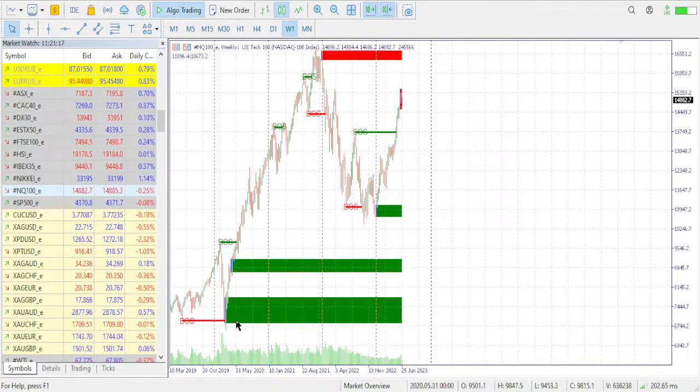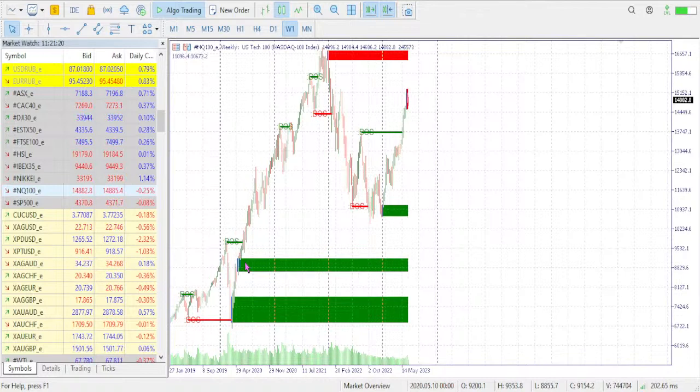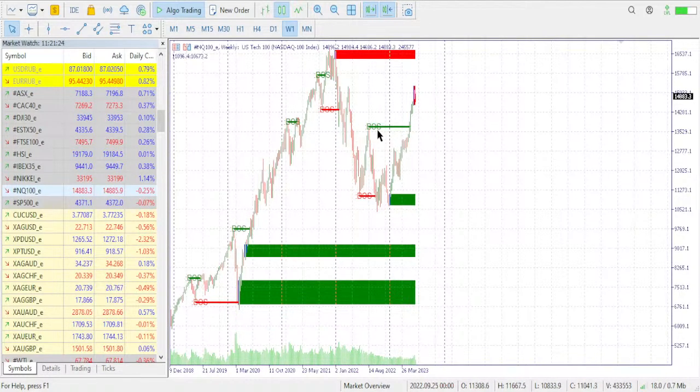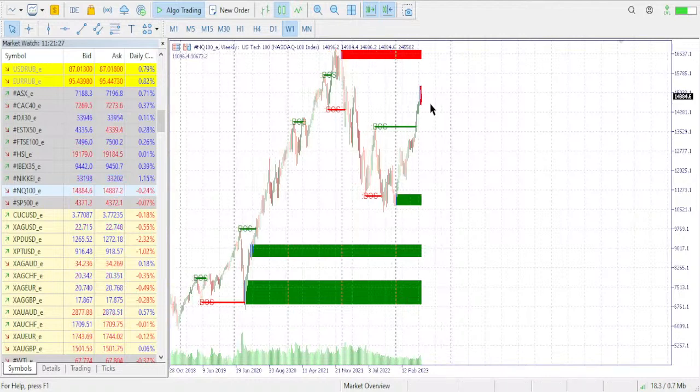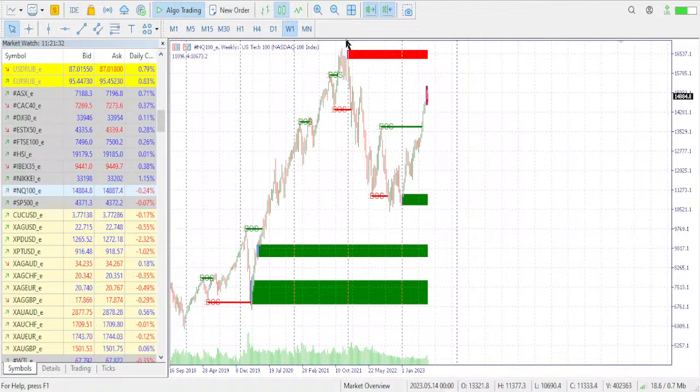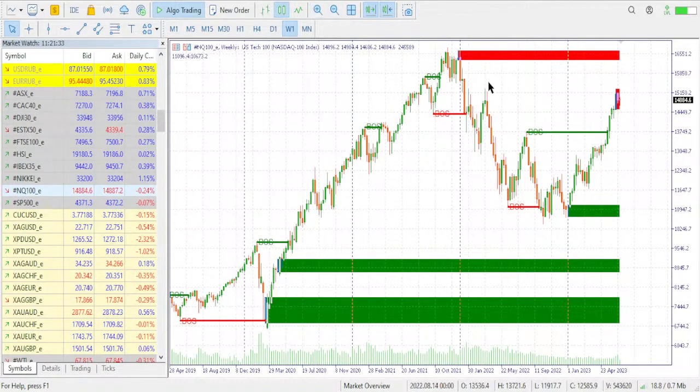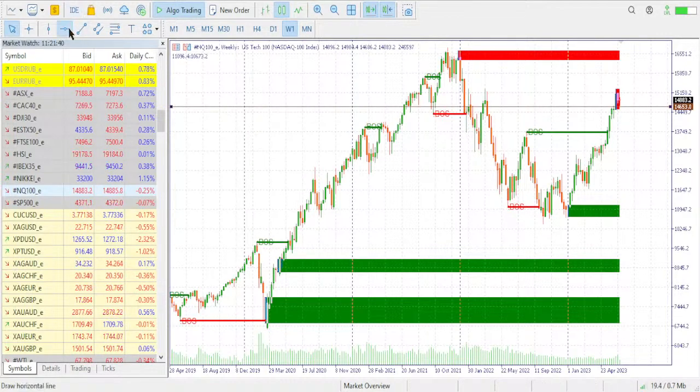You can see we have a demand zone, we have a demand zone, we have another demand zone, we have a bullish break of structure here, and then we have a supply zone. So technically speaking, this is an uptrend, and if the price can pull back and touch this zone here, then this should give us the best place to look for a buy from, somewhere in between these two lines,